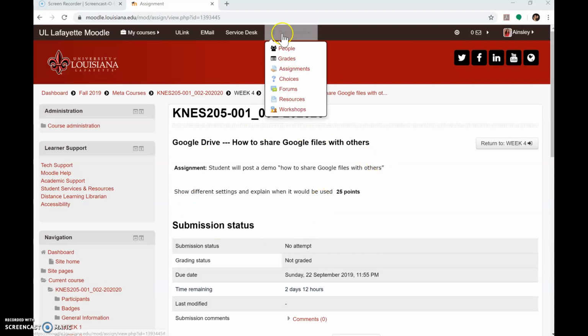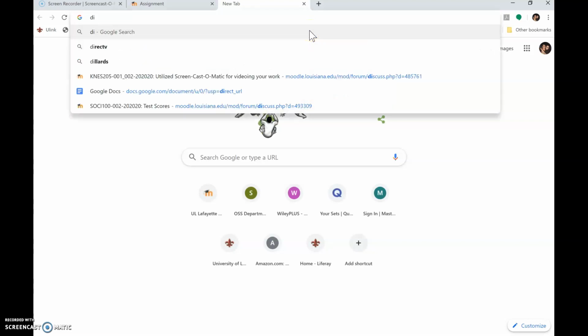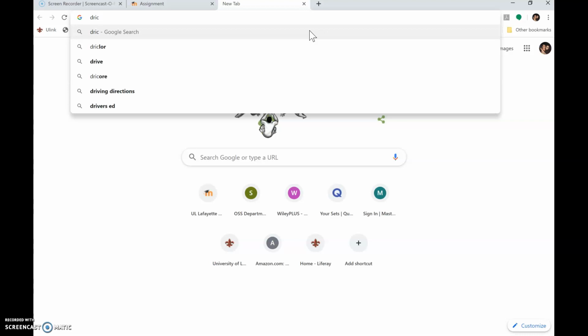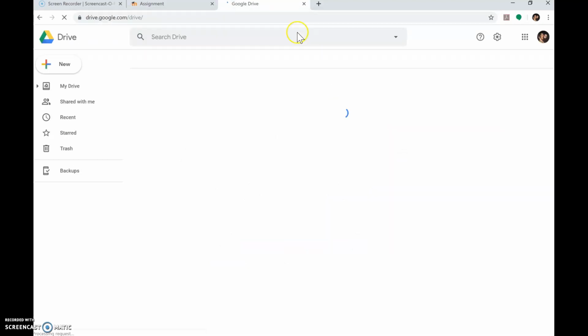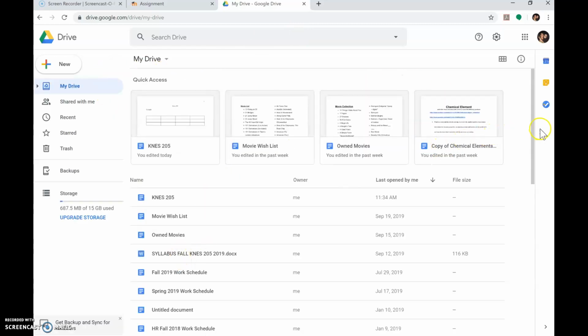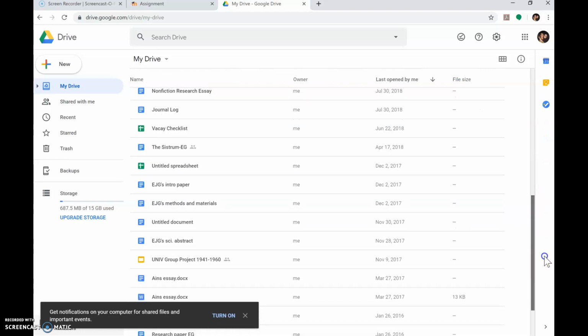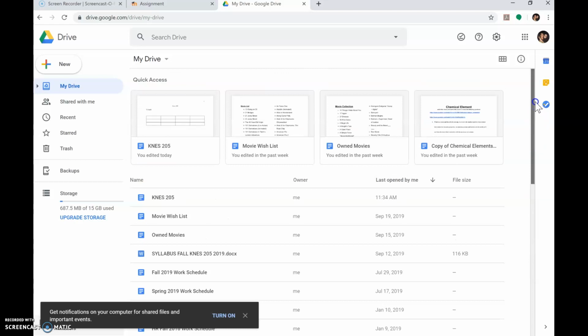I'm going to demonstrate how to share Google Files with others using Google Drive. So we're going to go to drive.google.com. And it's going to bring up your Google Drive, which has anything that you've done through Google in it, from sheets to slides to docs. It's all right here. So we're going to click Knies 205, and it's going to come up with these options